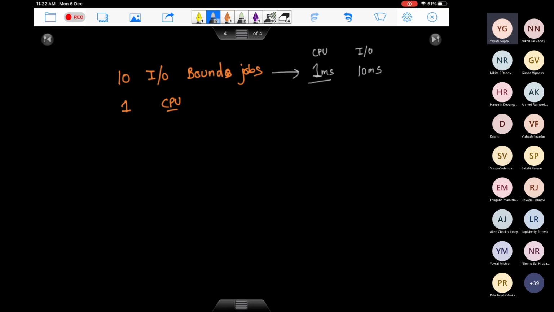after which it will come back to the ready queue. One more thing, when you context switch from one process to another, you are given the context switching overhead, which is 0.1 milliseconds. And you can assume that this CPU bound job is quite big. You can assume that all the processes are long running tasks. Long running task means you are not given the exact CPU burst time which they require. So you can assume that their CPU burst time is quite heavy.